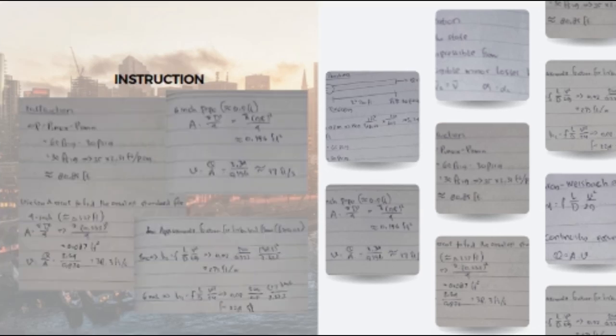And the instruction is, first we have to find the delta pressure. We use the equation pressure max minus pressure min, and we get the pressure is 35 psig. After that we convert the delta pressure to feet, and we get 80.85 feet. So after that we use a trial and error method to find the smallest standard pipe,